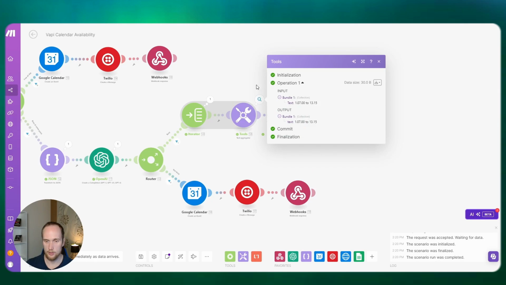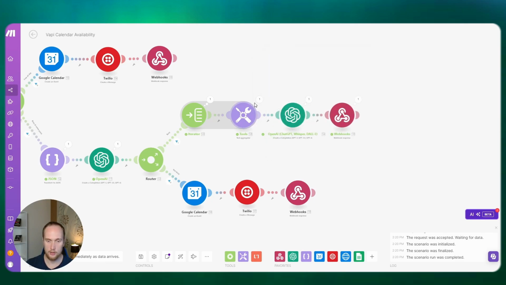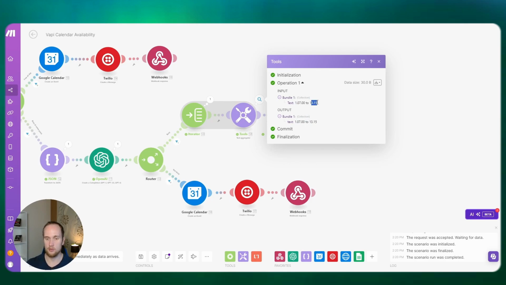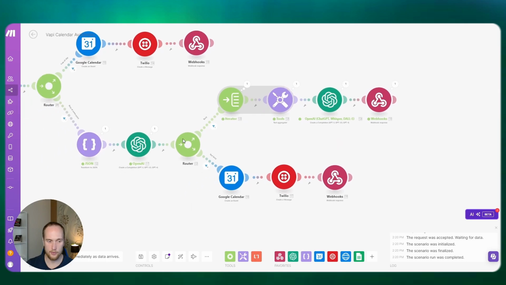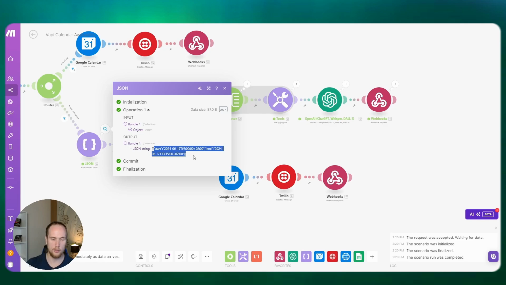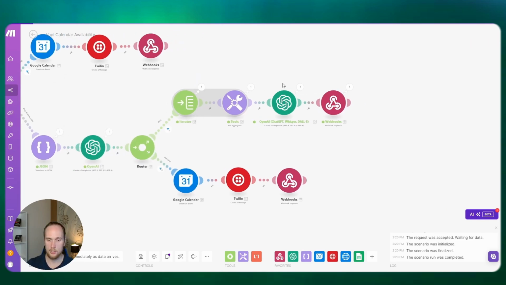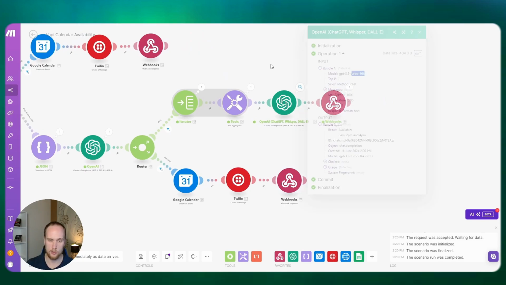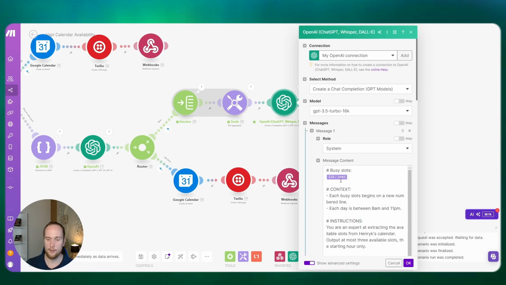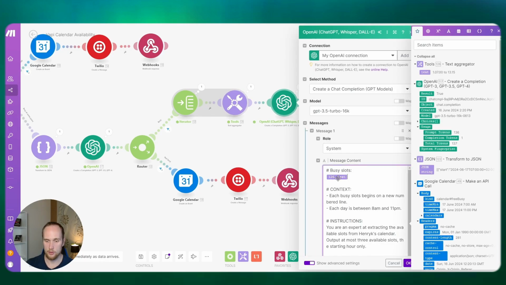It will then basically convert it to, so that's from 7 a.m. to 1:15. And the reason why I'm doing this is so that it doesn't have to go through the whole JSON structure. Otherwise you'd have to send through this really big long thing. If you have lots of appointments booked for this day, this JSON becomes really long. And then this node here takes a while to load, especially with 3.5, and we want to keep the cost down. So then you just grab the busy slots from that.